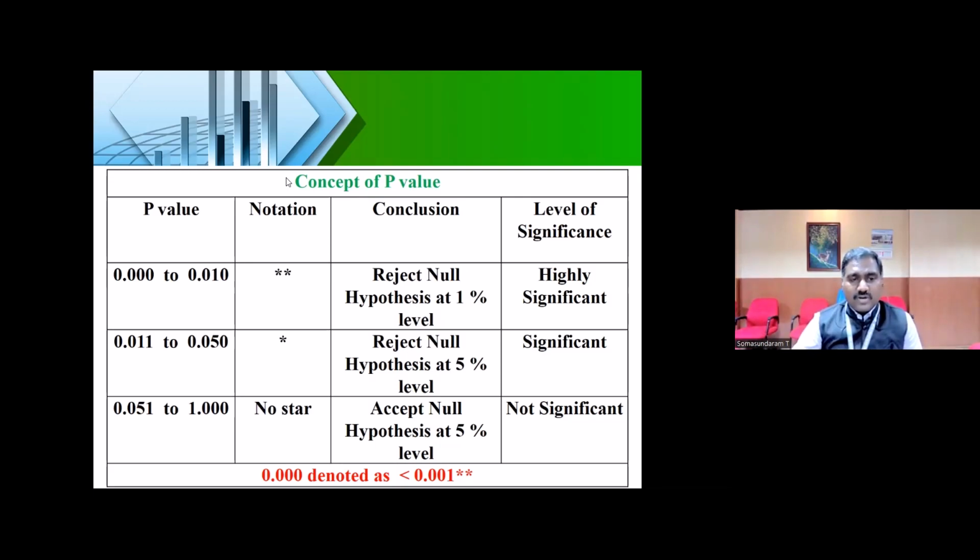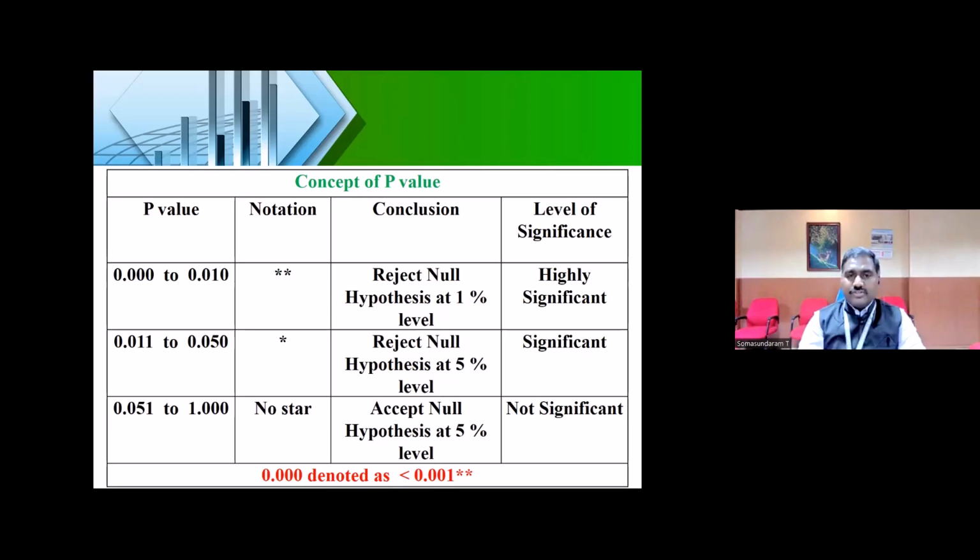All these things, whatever is there in the slide, the p-value and the notation, will be there in the output table. You will come to know in the upcoming days when you get hands-on training on every statistical analysis. The resource person will show you the output table and explain it, and you can see all these things. By using the p-value only, we are going to give a conclusion whether to accept or reject. Whether you are accepting or rejecting, you have to give the justification. So this is about the concept of a p-value.